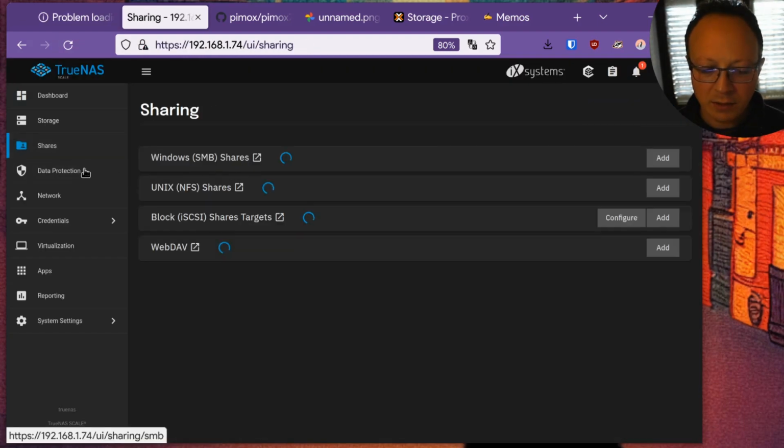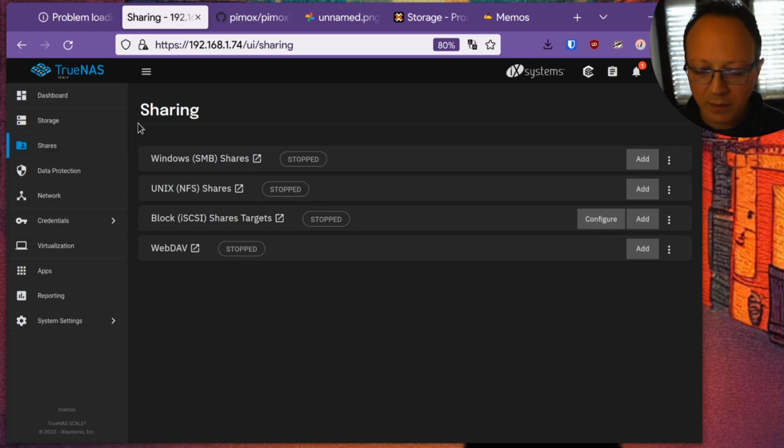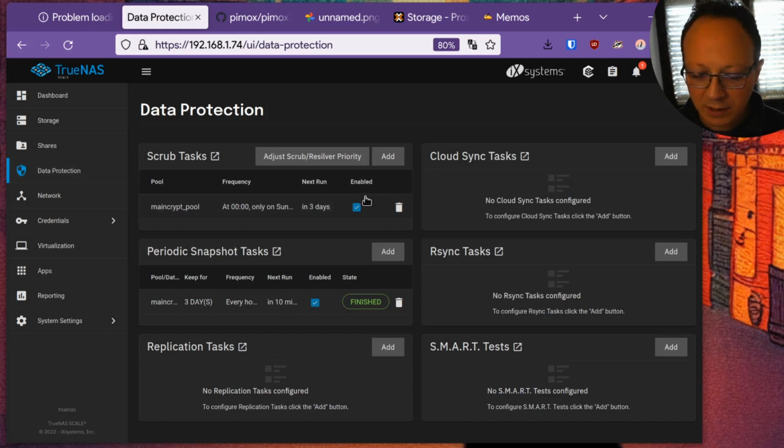Then under shares, we have the support for Windows Samba shares, Unix, NFS, iSCSI or WebDAV. Under data protection, you have ZFS maintenance like Scrub, Rsync synchronization, periodic snapshots, and also information about the status of your disks or replicas.